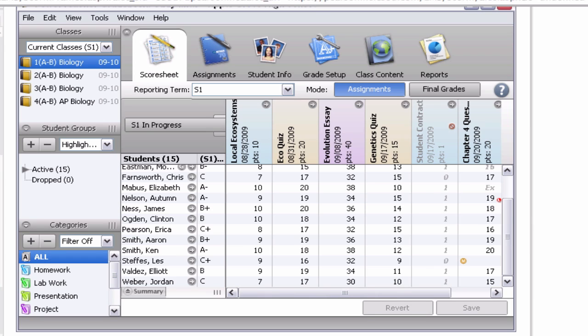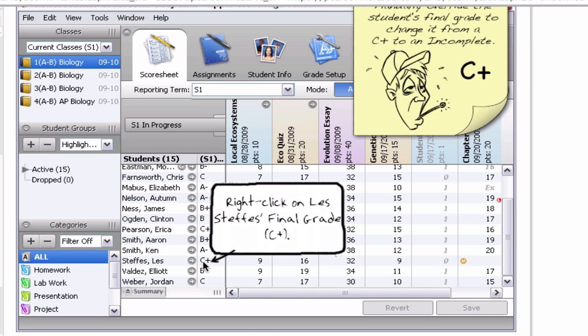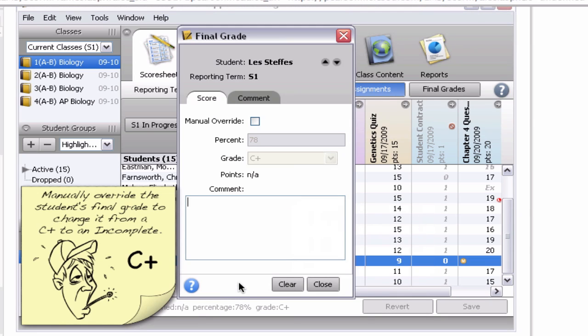Let's use the second method to manually override Les's final grade. We'll guide you through the activity. Follow along and try each step as it's described. Right-click on Les Steffs' final grade, C+. Select Show Score Inspector. On the Score Inspector window, check Manual Override to indicate that you will be overriding the